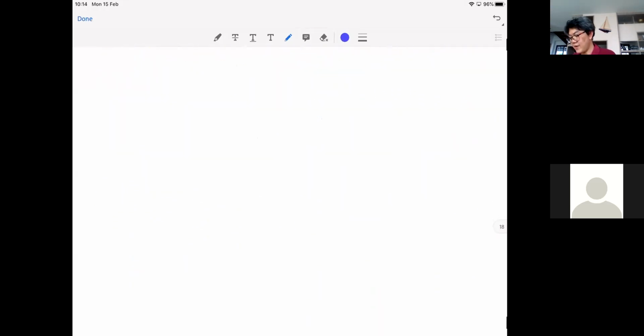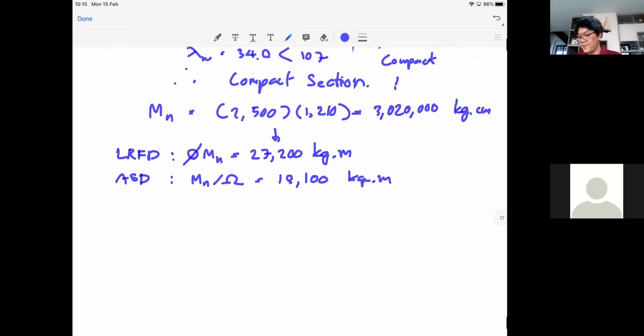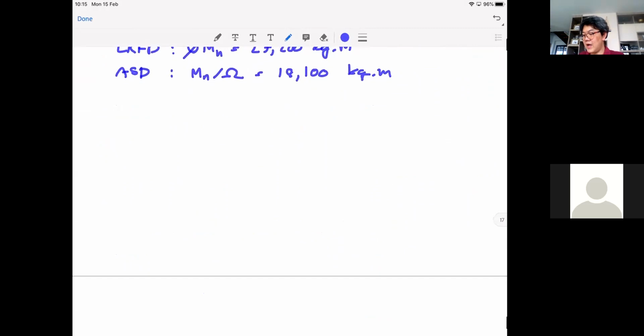So that's the thing. I don't have another example that I should have. So let me try to give you one extra example here, okay? So that you can see how local buckling may affect your moment capacity. So we are going to investigate the